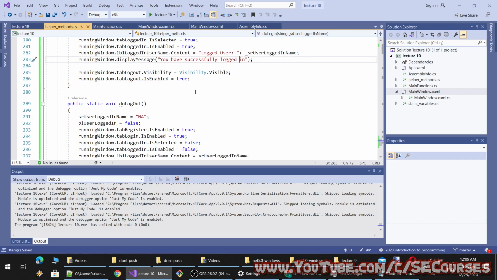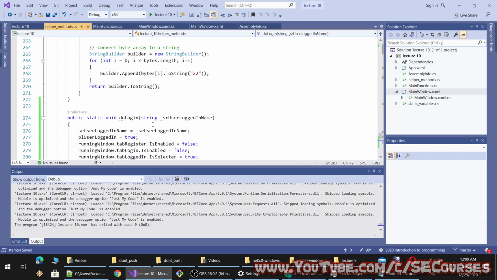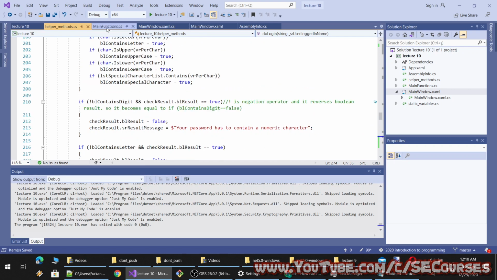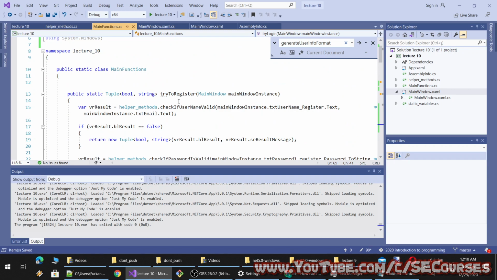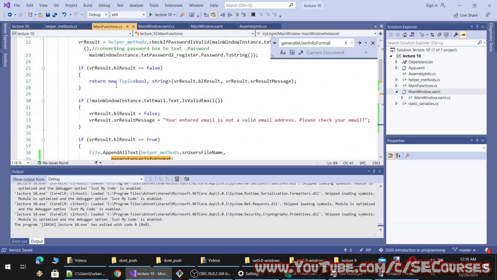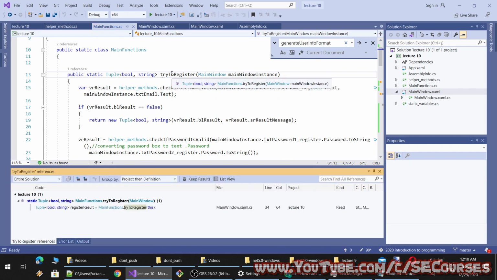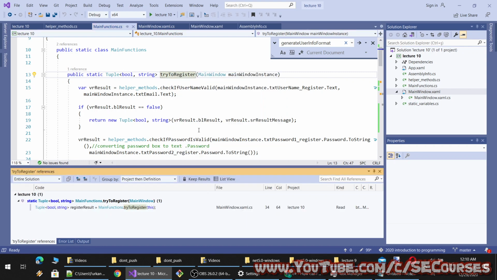Okay, what is left after the registration is that we were going to redirect users. We were going to log in the user automatically. Therefore, let's go to our register method here, and it returns a result. You see, I have right-clicked the method name and clicked Find All References. It will show me at the bottom all places where this method is called.